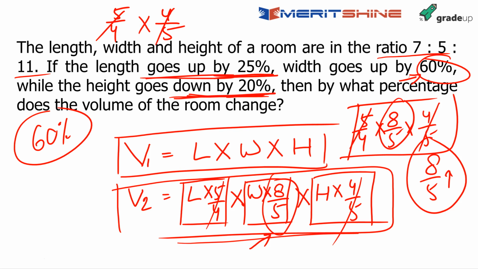Another thing, if this 25% here had been let's say 20%, just listen to it very carefully, and this had been 16.67. I hope you realize which values I am talking about. This 20% down becomes 16.67% down, and this 25% up becomes 20% up. Again no effect. Why? 20% up you know would cancel 16.67% down. What is 20% up? You know reciprocals, it's 6 by 5 proportion. And what is 16.67% down? It's 5 by 6 proportion. So 6 by 5 into 5 by 6 cancelled. Whatever is the change in width becomes the final change in the volume. So that's why I wanted to explain it to you.